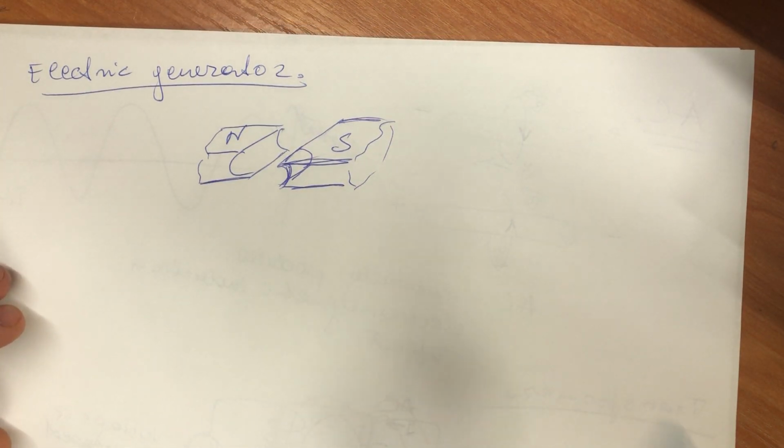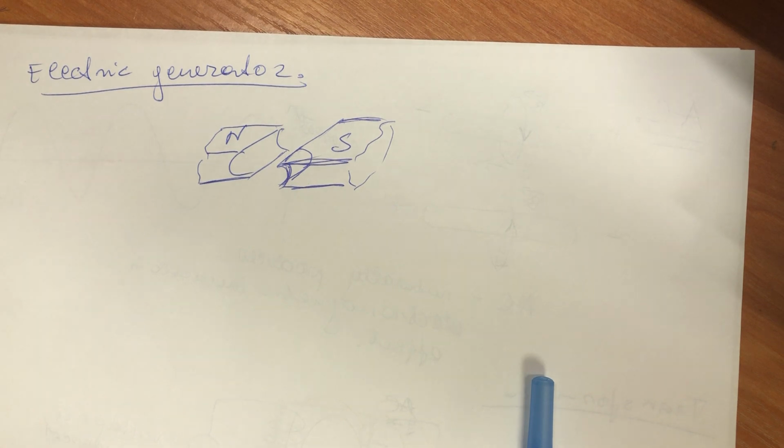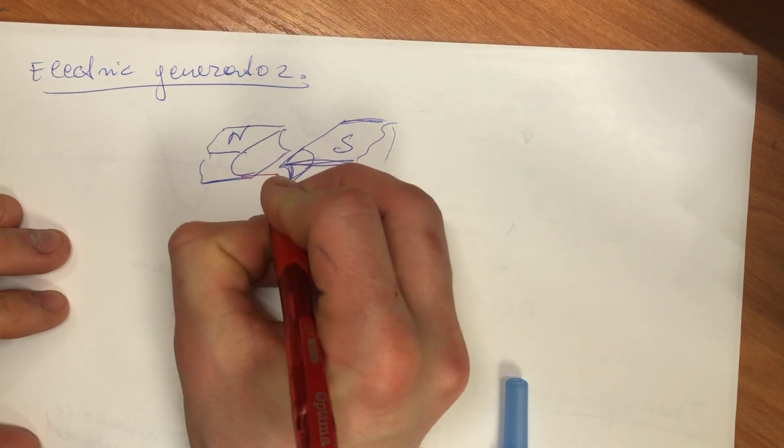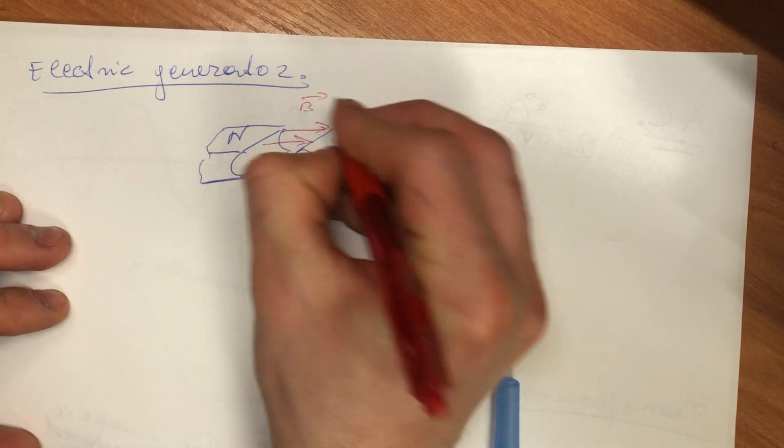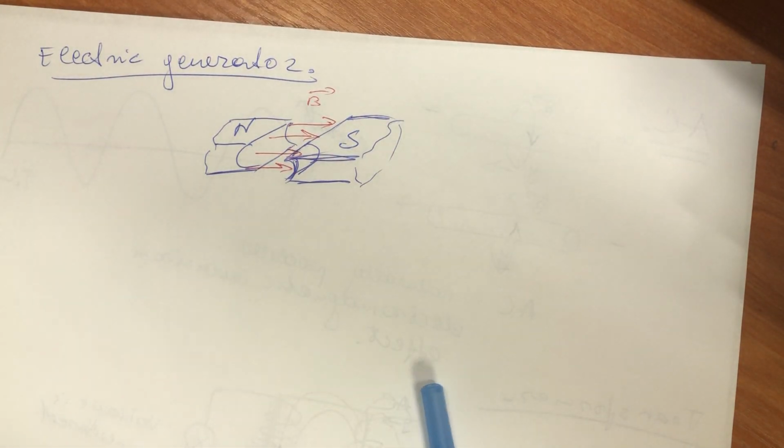So the magnetic field is going from north to south in this direction. This would be the B field, and this B field,